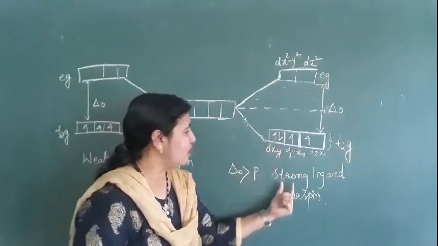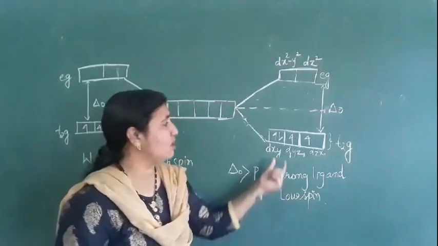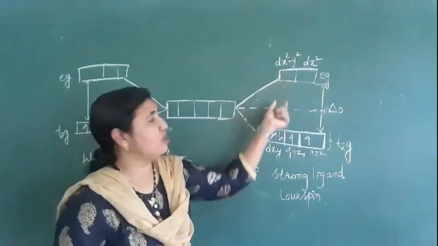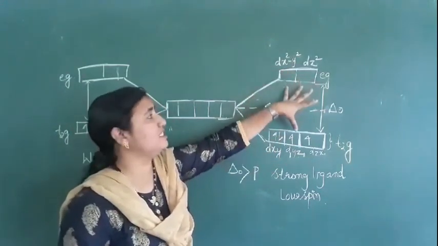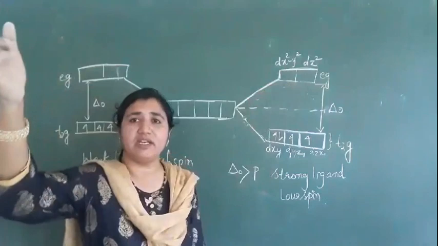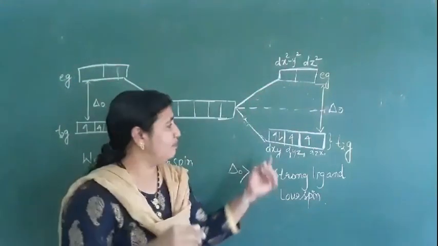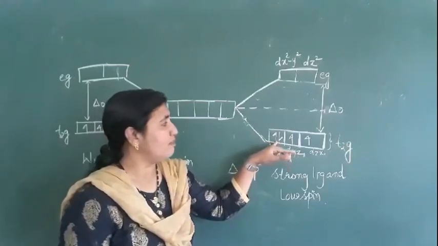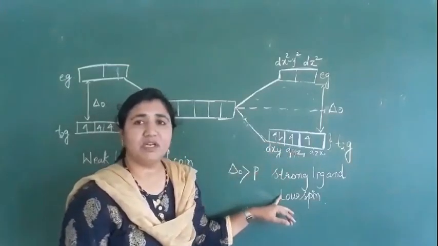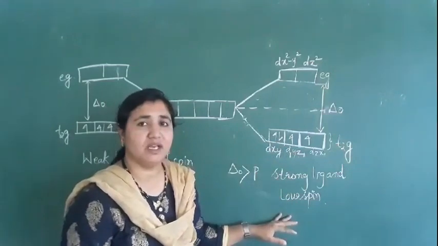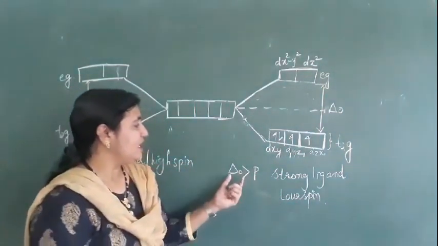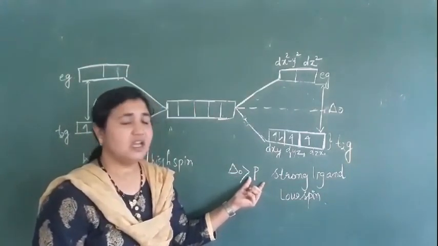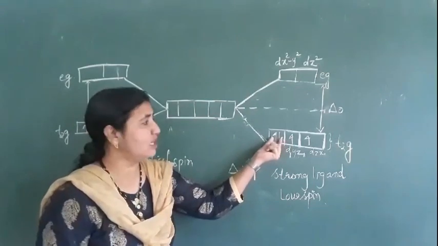So it is called a low spin complex, because the electron will not jump to the higher energy level, since more energy is required. The electron will not enter the Eg orbital. It will get paired and enter this orbital only. So this type of compound is called a low spin complex. What is it called? Low spin. In low spin, the delta O value is greater than the pairing energy. In such cases, the 4th electron will enter the T2G only.